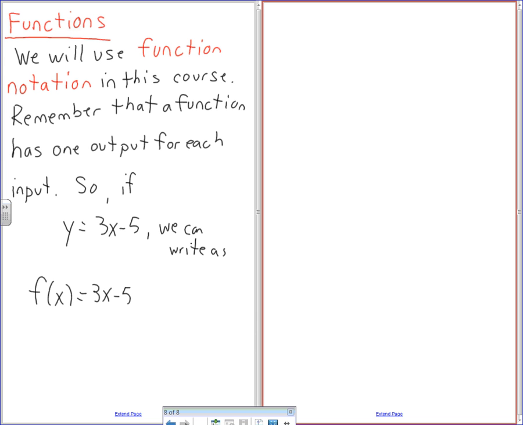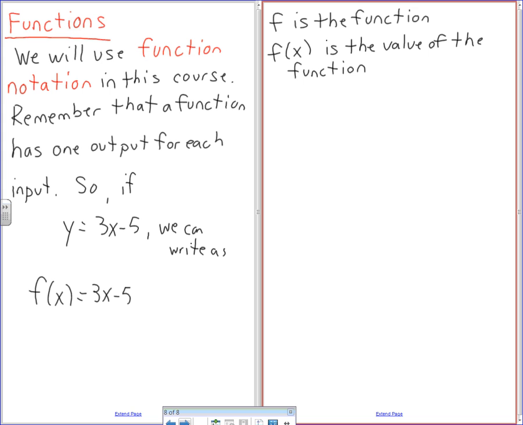So what f of x means, now we're going to say f is the function, f of x is the value of the function at x, not f times x. This is going to be written as